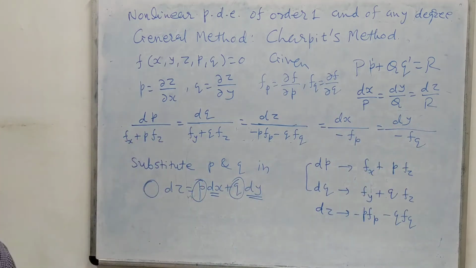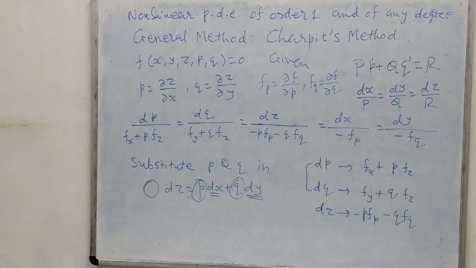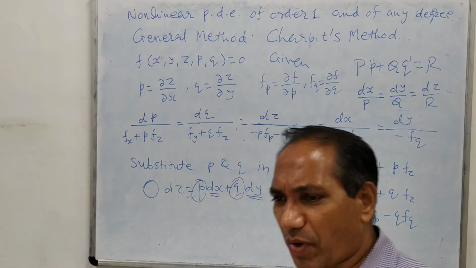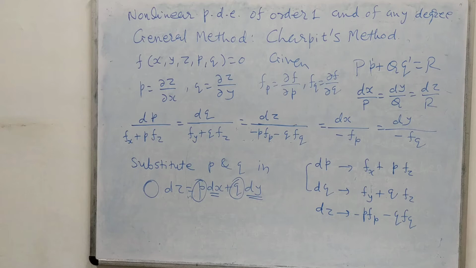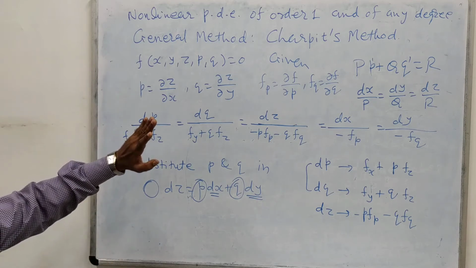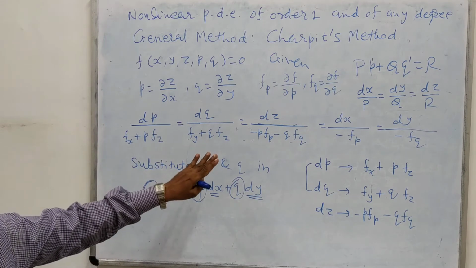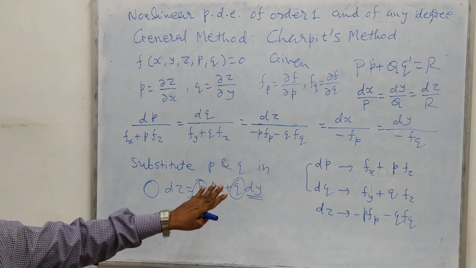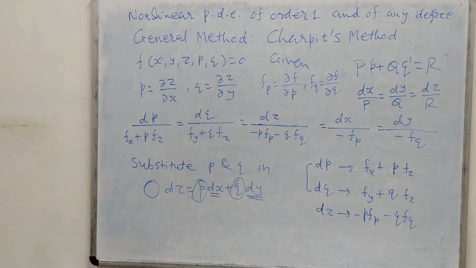Actually there are 5 equations you can see, but we don't want to solve each of the equations, because our target here is to find out the values of p and q only. And once we are able to find p and q, then the problem is very simple, because we need to substitute them into this one. So this is the concept of Charpit's method. And once you have understood this fact, then you can secure the 4 marks very easily. No hard work is there. Simply you require to understand the plan.